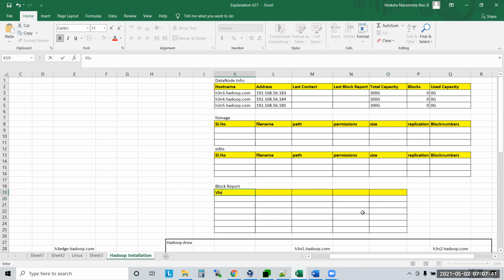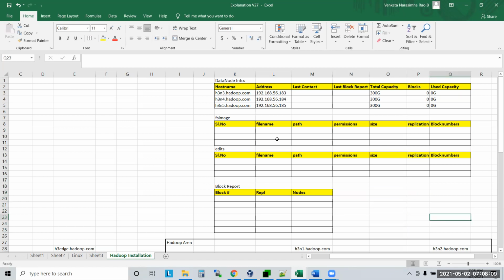Block number, replication, then node 1, node 2, node 3.